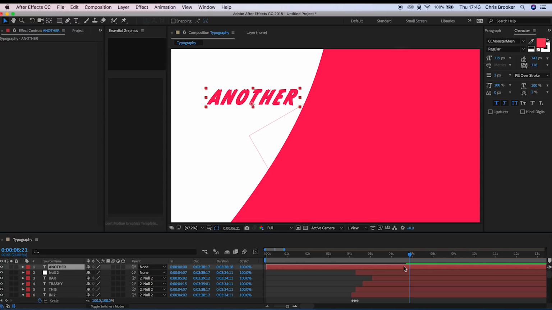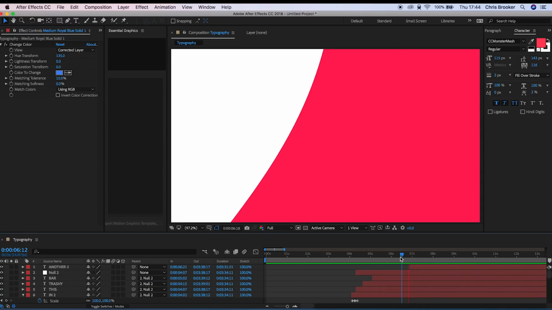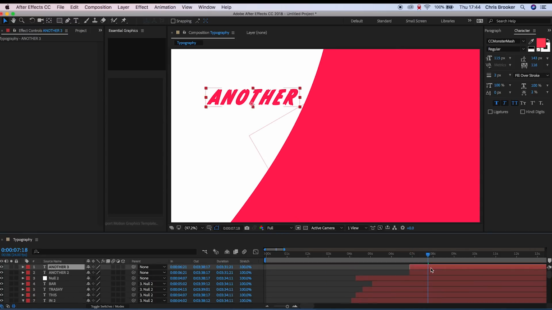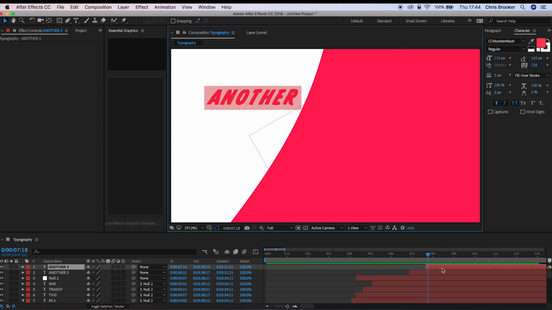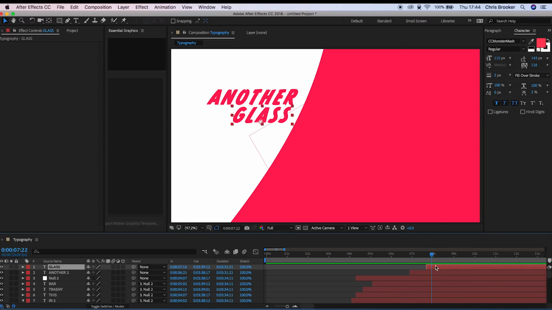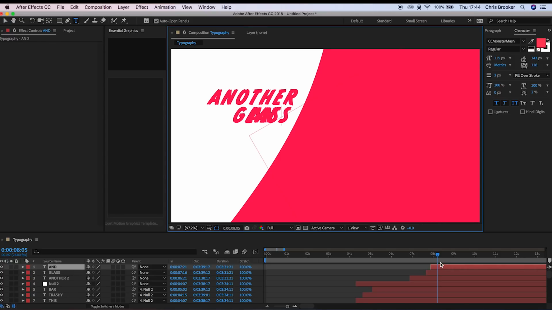Another. Trim the start of that. Another glass, copy and paste. I'm going to change this to glass. Drag that down. And I am going places. Copy and paste that layer, and then we're just going to adjust this. And then with this text we're going to select all of that, and we're going to change the eyedropper, so we're going to change the color back to white, and we'll drag this over to the other side. Another glass and I